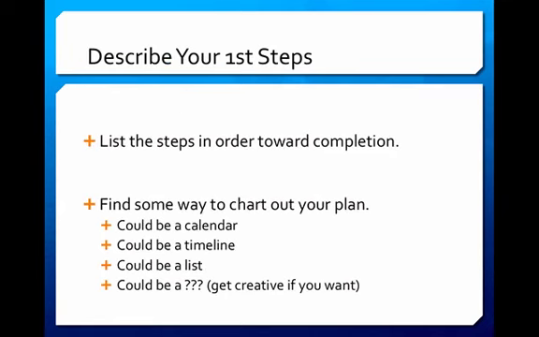Okay, describe your first steps. Read your next paragraph, and you don't have to do every single step of every single day that you'll be doing your DoR, but the big events. List the steps in order to completion. Some people love to put a calendar out, a blank calendar, and even work backwards. Go to the last date that the DoR is going to be due and figure out what you have to do